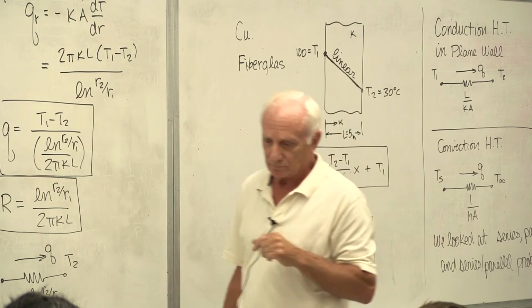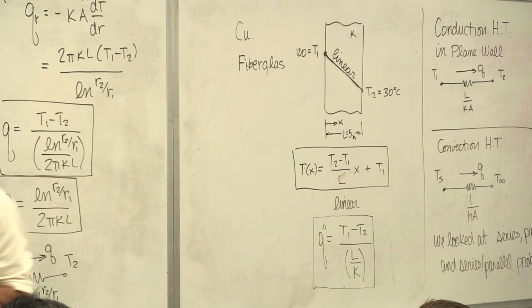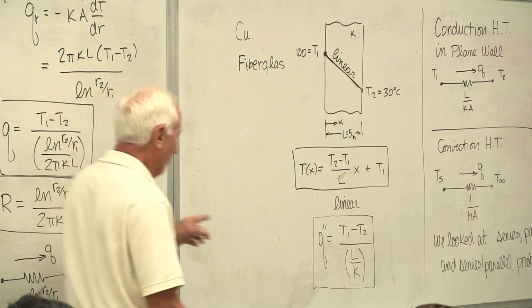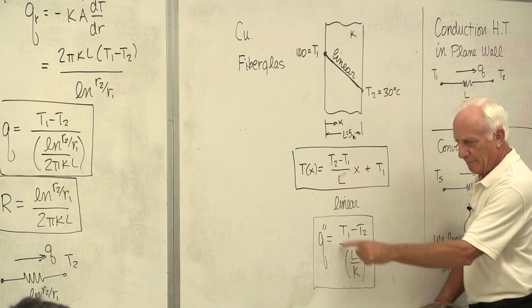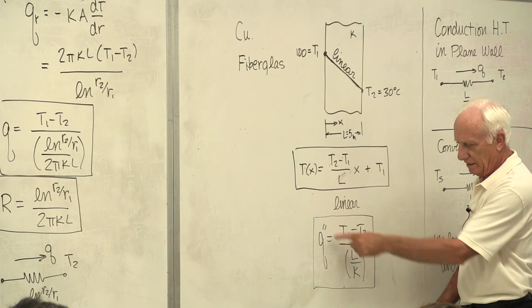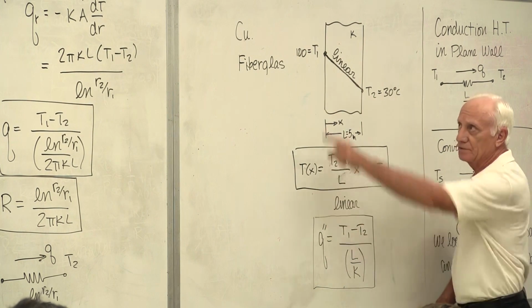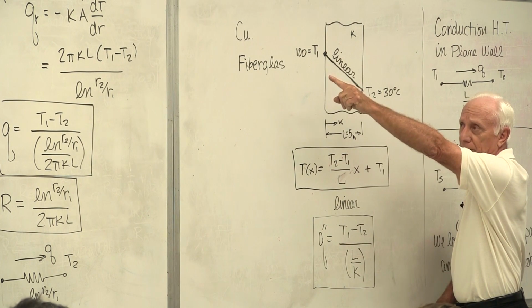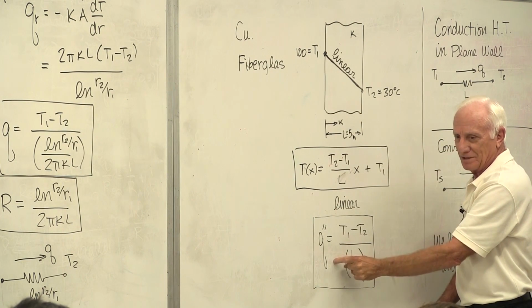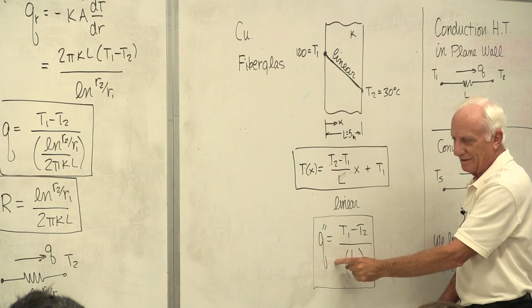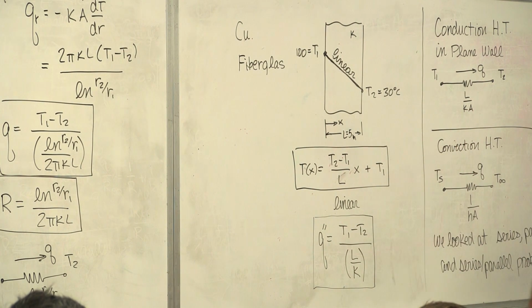Of course you don't. So no matter what the wall is made out of, the temperature distribution is identical. You say, well, there must be some difference in the material. Oh yeah, there is. Look at the second equation. Do you see K? Oh yeah, big time. If K is big, Q is big. If K is small, Q is small. Copper, K is big. Fiberglass, Q is small.